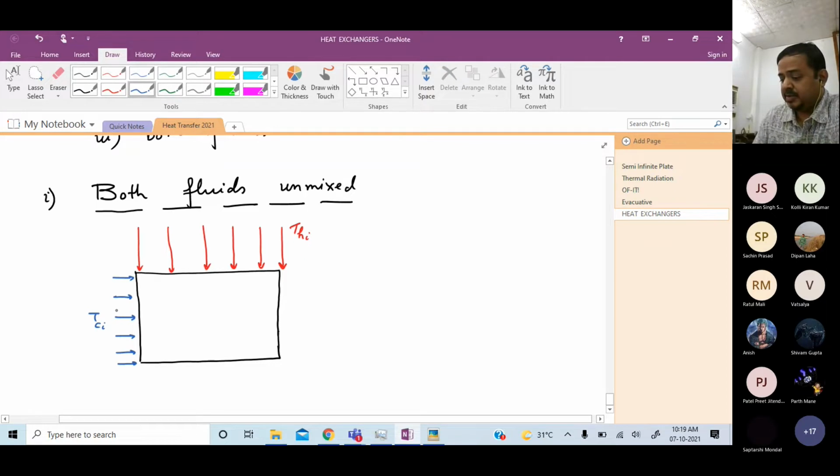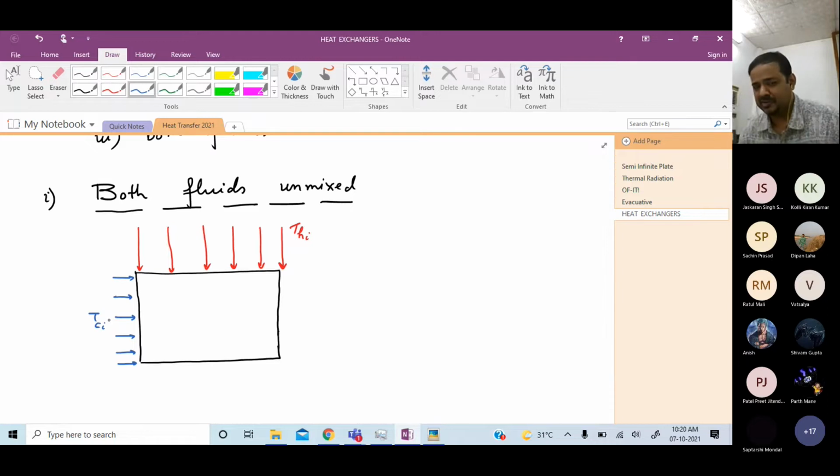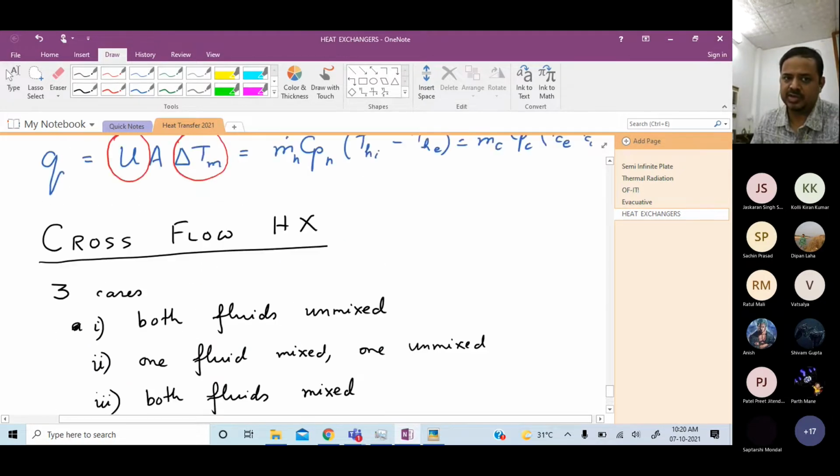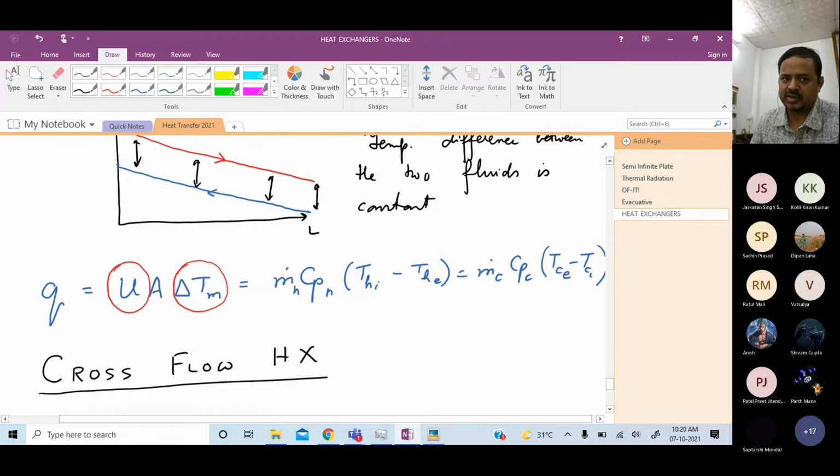Friends, remember, in any heat exchanger, I'm sure you have figured that out by now, the hottest temperature inside is the inlet of the hot fluid, and the coldest temperature is the inlet of the cold fluid. The hot fluid can never cool down to a temperature below the inlet temperature of the cold fluid. Never possible. And similarly, the cold fluid can never heat up to a temperature above that of the inlet of the hot fluid, because that is going to violate the second law of thermodynamics.